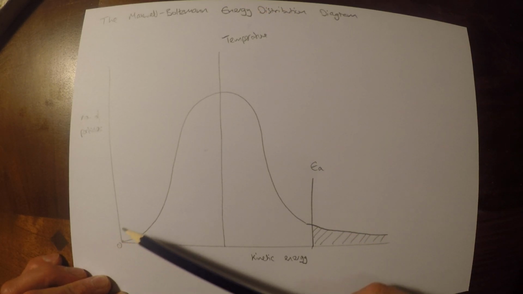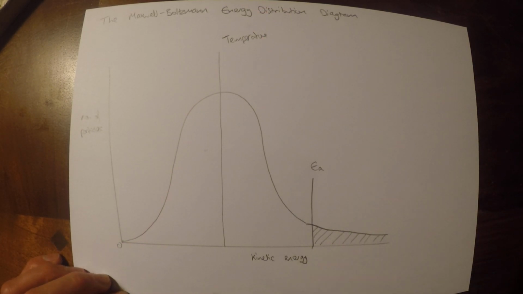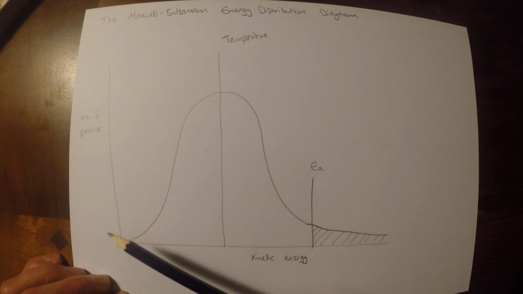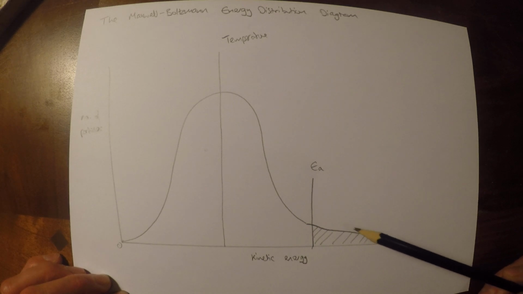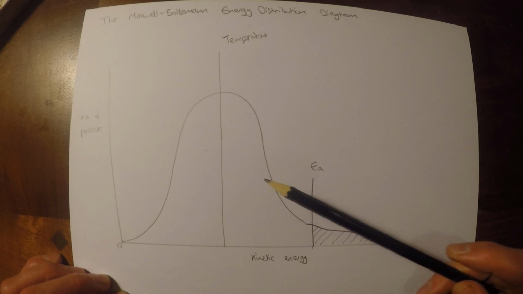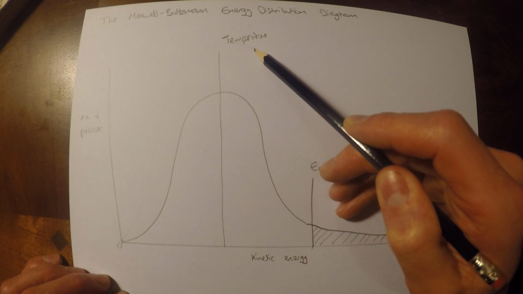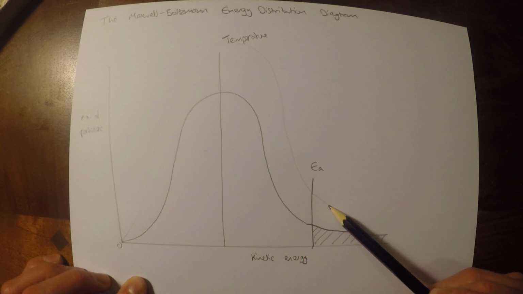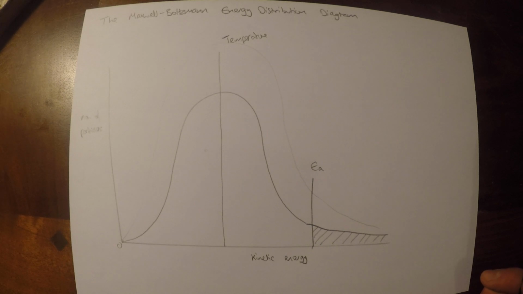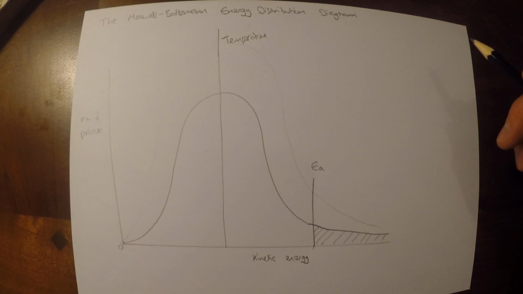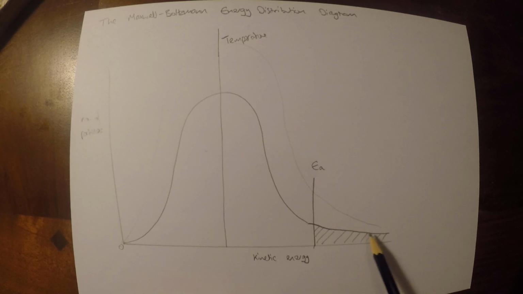So increasing the concentration, if you wanted to represent that on a Maxwell-Boltzmann distribution diagram, you would simply have to make the curve bigger. And if you have a bigger curve, then the total number of particles which would exceed the activation energy would increase. So I'm going to draw a faint line here. And you can see that this follows exactly the same pattern. The temperature, the average kinetic energy, is in exactly the same place, but we now have more particles able to